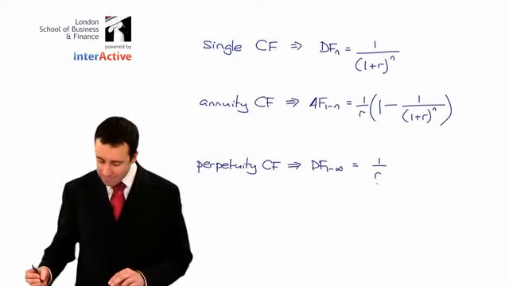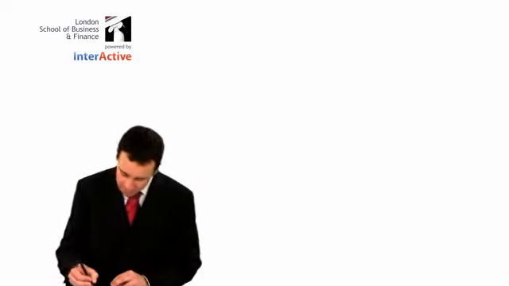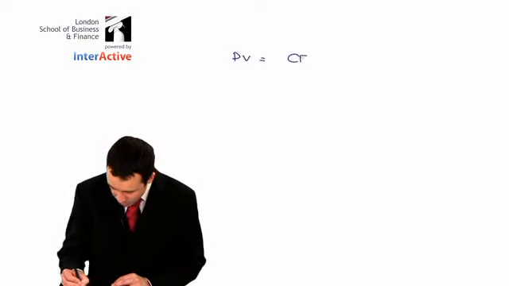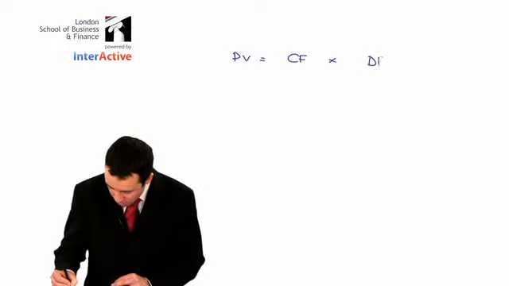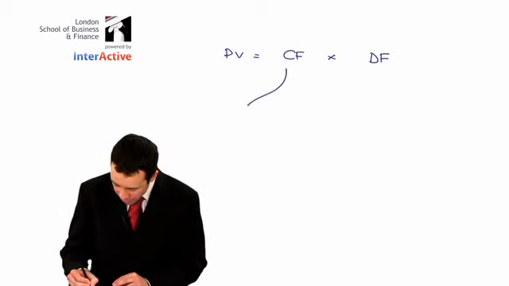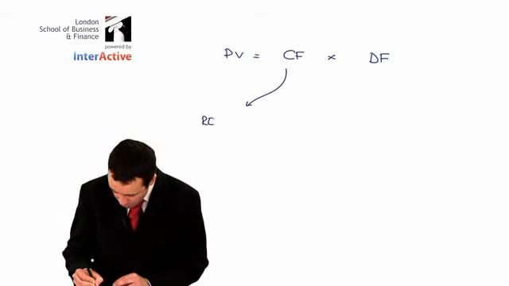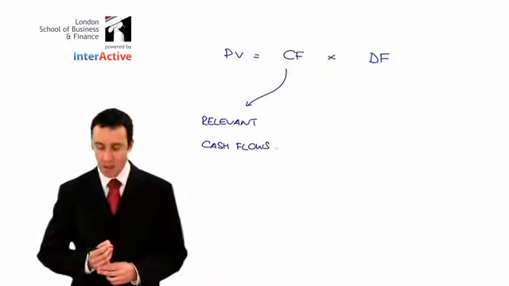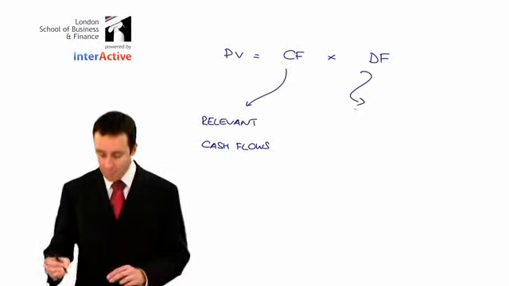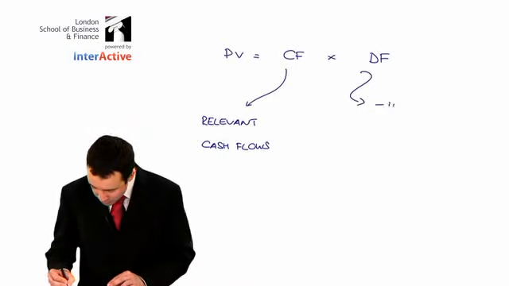Remember, the reason why we have these different formulae is so that we can work out your present value as your cash flow multiplied by your discount factor. So when we're looking at your cash flow, we'll need to go through, like we saw in F9, at our relevant cash flows, and then our discount factor needs to look at a discount rate that incorporates